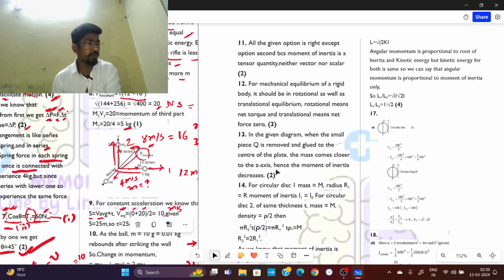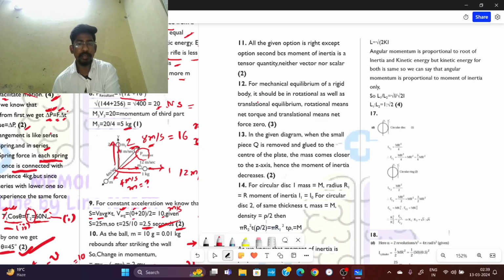The center of mass of a uniform circular ring is at its geometric center. This is the first one. Second one is moment of inertia is a scalar quantity. Third one is radius of gyration is a vector quantity. Fourth one is for same mass and radius, the moment of inertia of a ring is twice that of the uniform disk. Out of these options, if you analyze the second option,